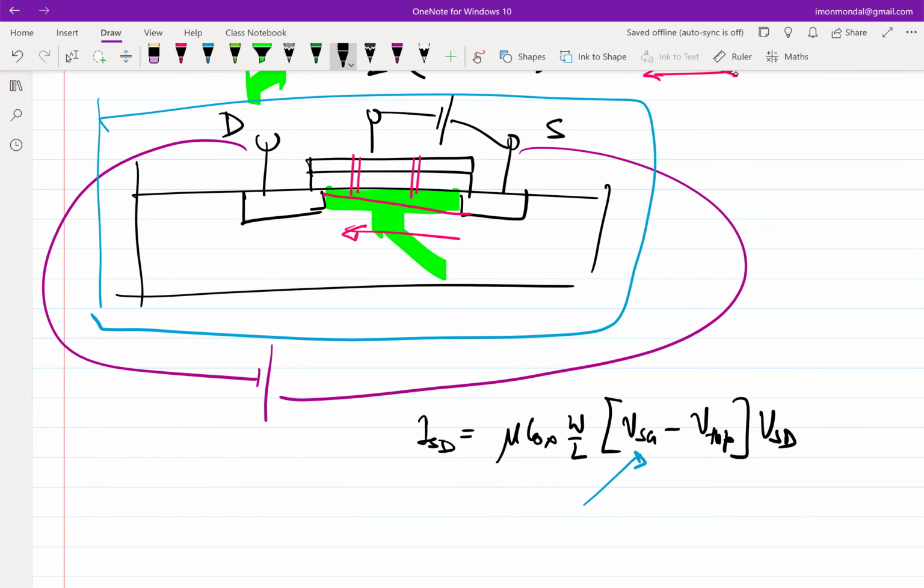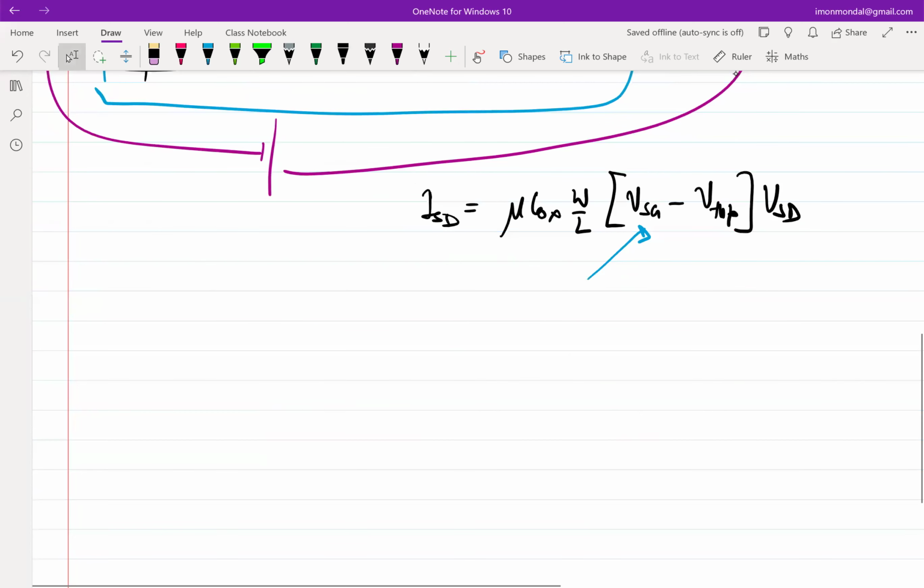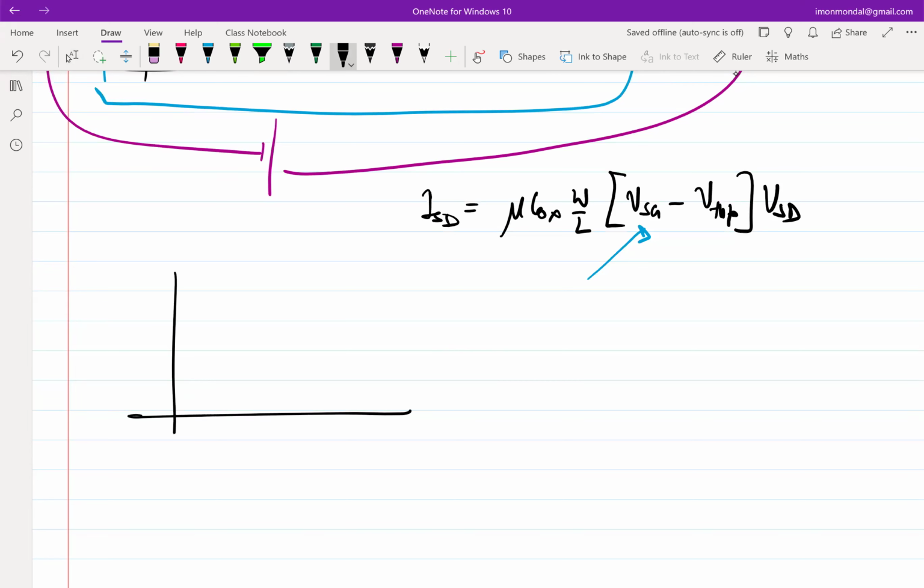Okay, so now we still want to, going back to previous class, what did we do? We essentially plotted the Y21 and Y22 parameters. And if we concentrate on the Y22 parameter, we are plotting ISD with respect to VSD, and the equation is now